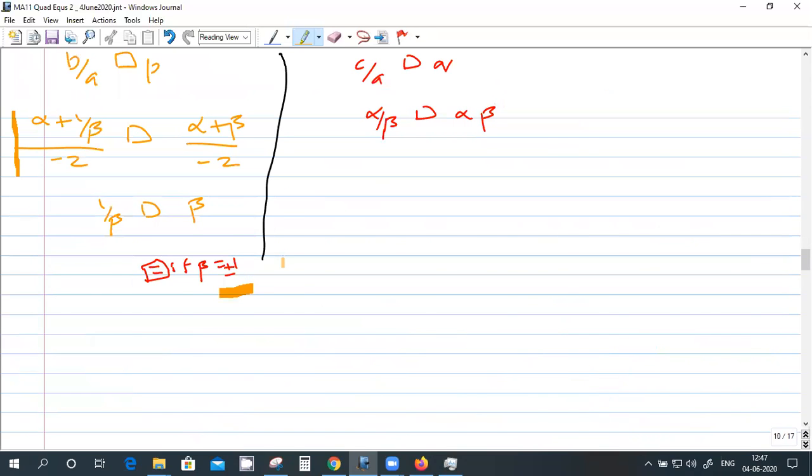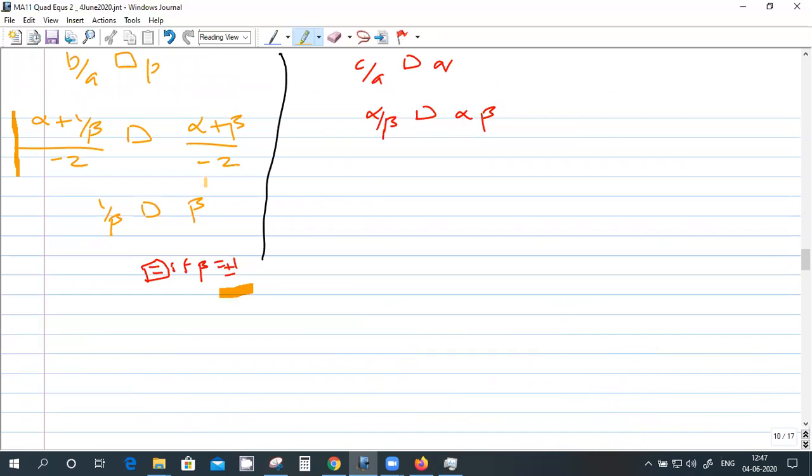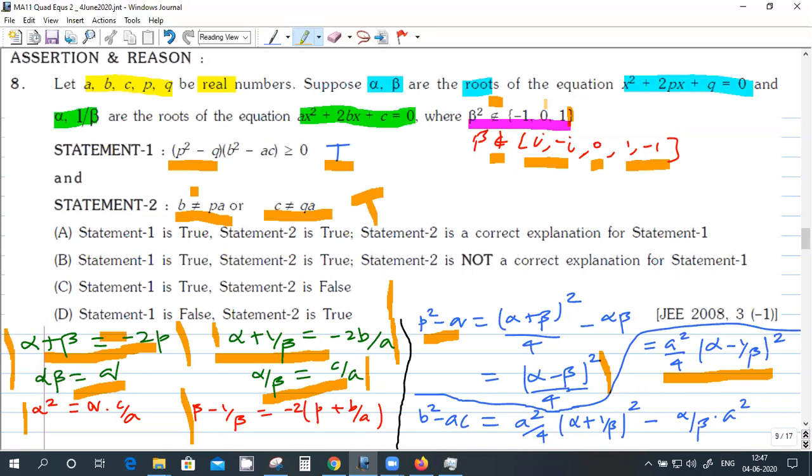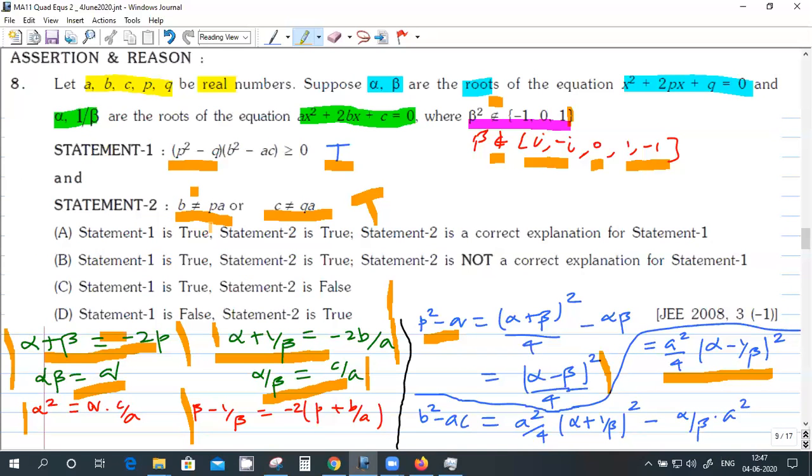Okay. Actually, without going to beta, I can straight away get here itself. I can rewrite as beta square equal to 1, right? And then here beta square is not equal to 1. So here itself we can say not equal to is true. This statement is basically saying beta square equal to 1. Beta square and 1 you have to compare, and beta square is not equal to 1. So this statement is not equal to. Right, got it? Yes, sir.